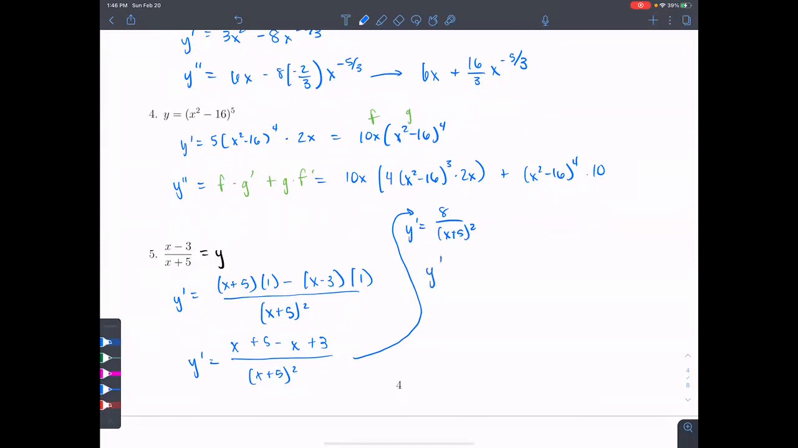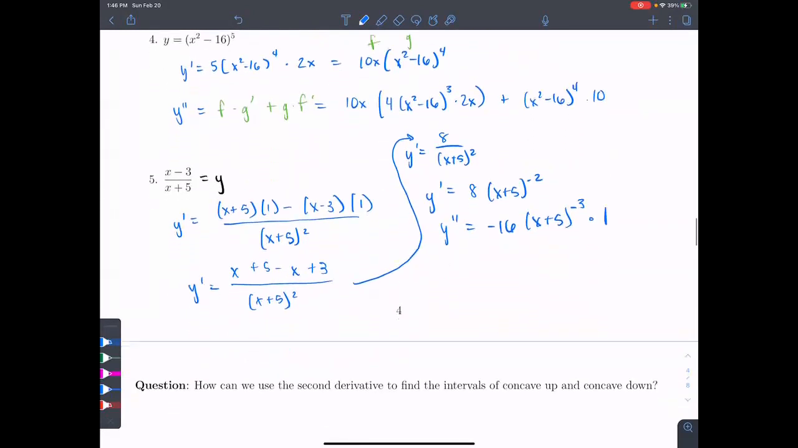Because we can write this as y prime equals 8 times x plus 5 to the negative 2 and take another derivative. So exponent down front would make that negative 16, decrease it by 1, then times the derivative of what's inside. Okay, so that's taking a bunch of second derivatives, and now we want to actually use that to do the